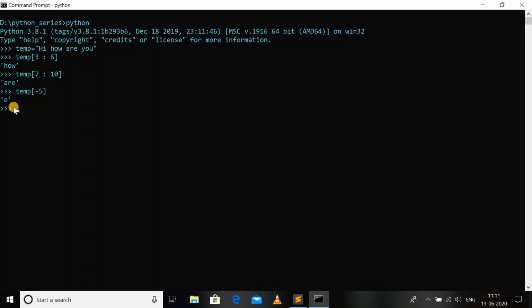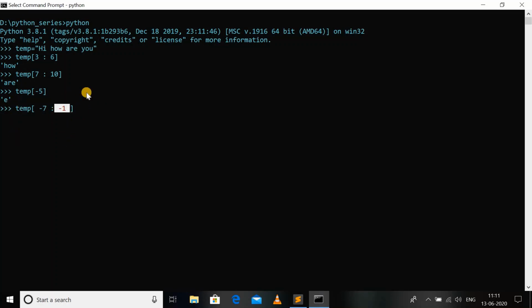Now if I want to print from R up to O, we have to use temp -7, that is the index of the R in the negative slicing, and if we want to print up to U, that is till the ending of the string, we cannot pass -1, as I already told you that the ending parameter is not included.